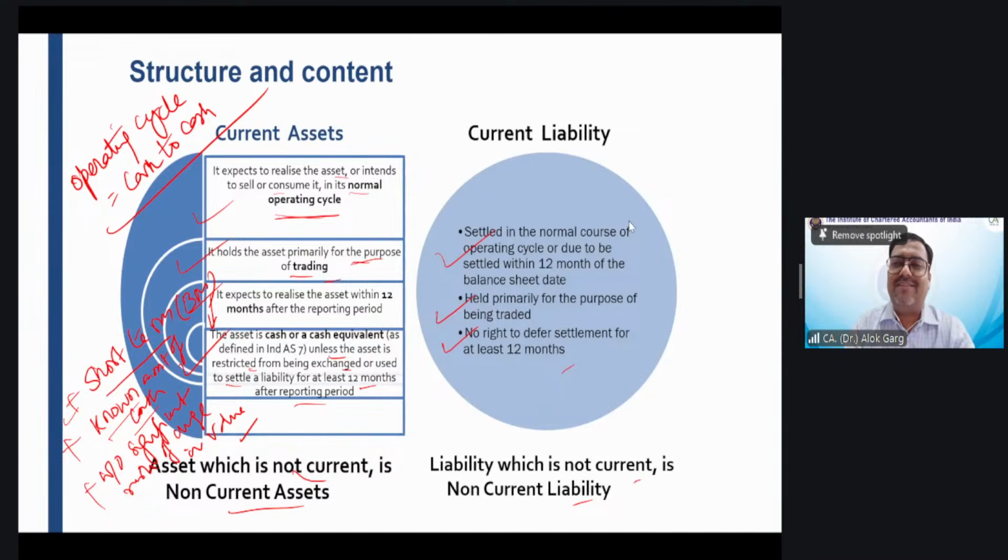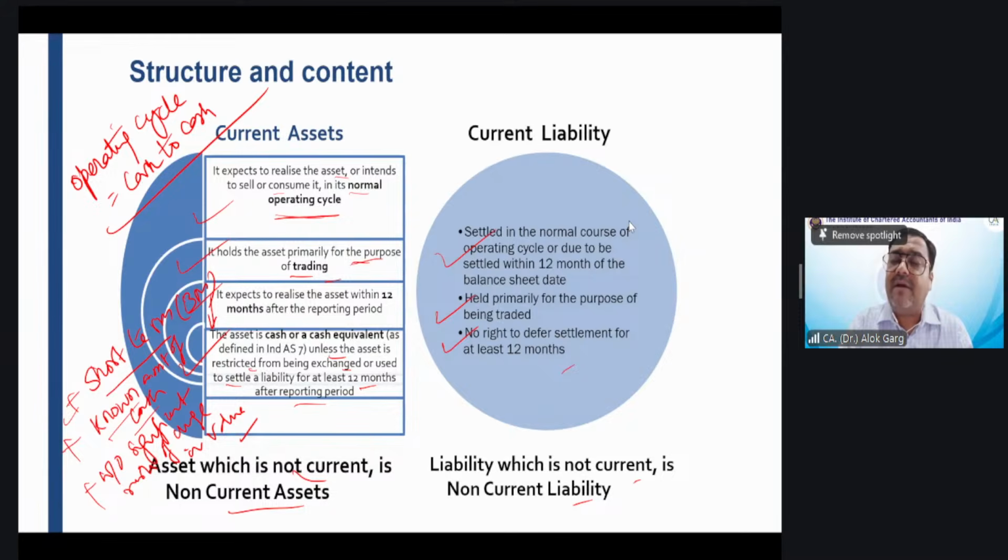Manoj is saying still current. You are absolutely right. Towards State Bank of India, my liability is current. I have not agreed with State Bank of India before 31st March. I have entered into an agreement with ICICI Bank that you will take over this loan. But for State Bank of India, my liability is current. So it will be a current liability.